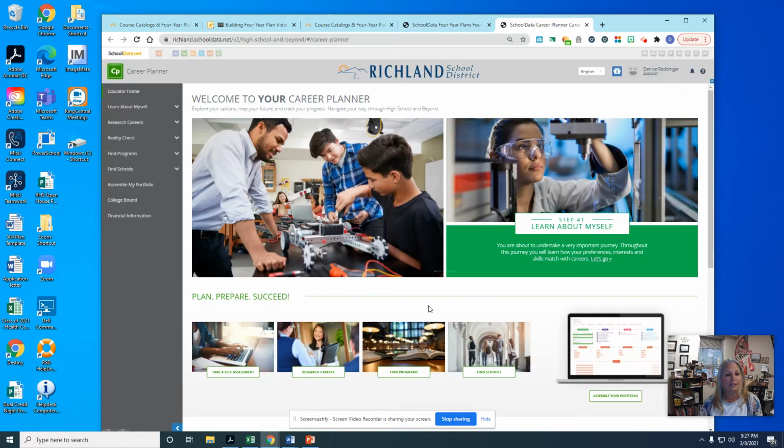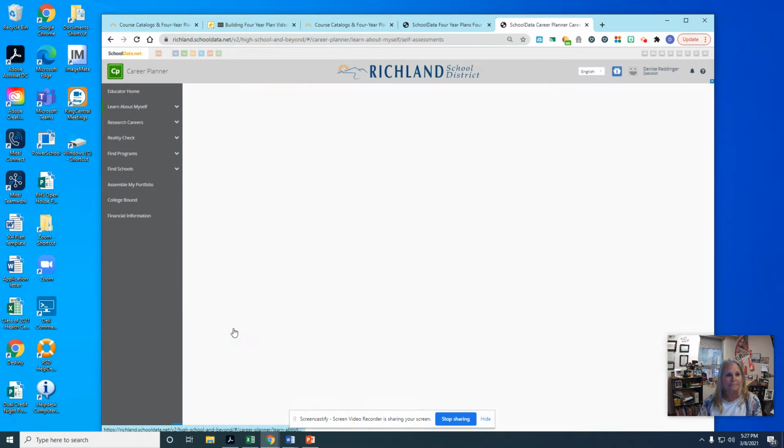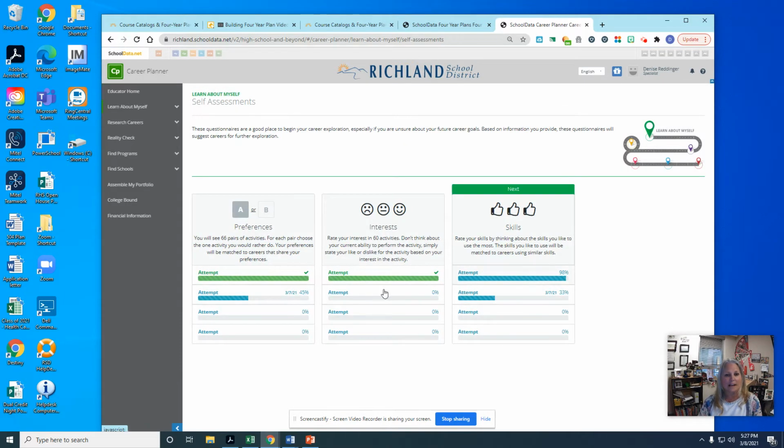So let's go here. And the first place I want to take you is to take a self-assessment. So right here, you can see I've already done this a few times, surprise, surprise. But when you go to your self-assessment, some of these may be blank if you haven't done that before. So I just want you to click on the top line, that's top gray line for these. The green line tells me I've already done this. Blue one is started. This gray one I have not started.